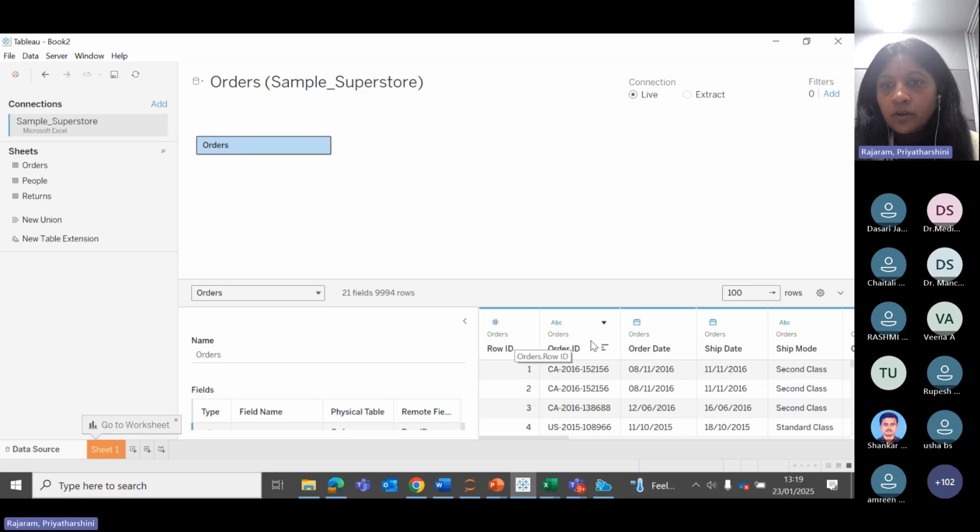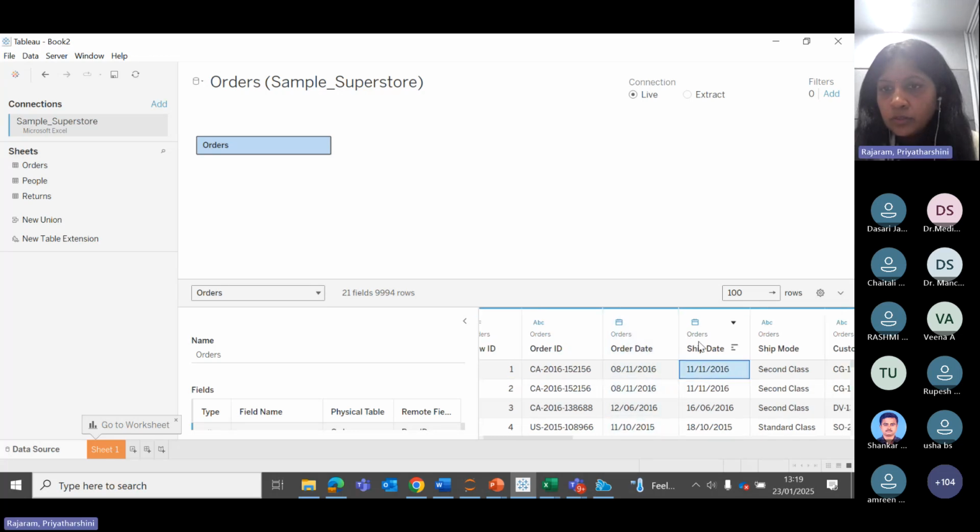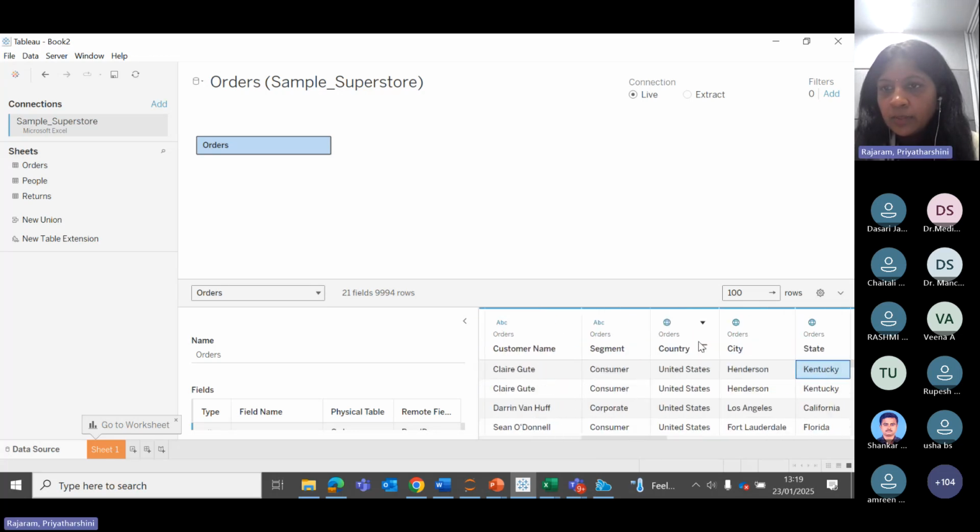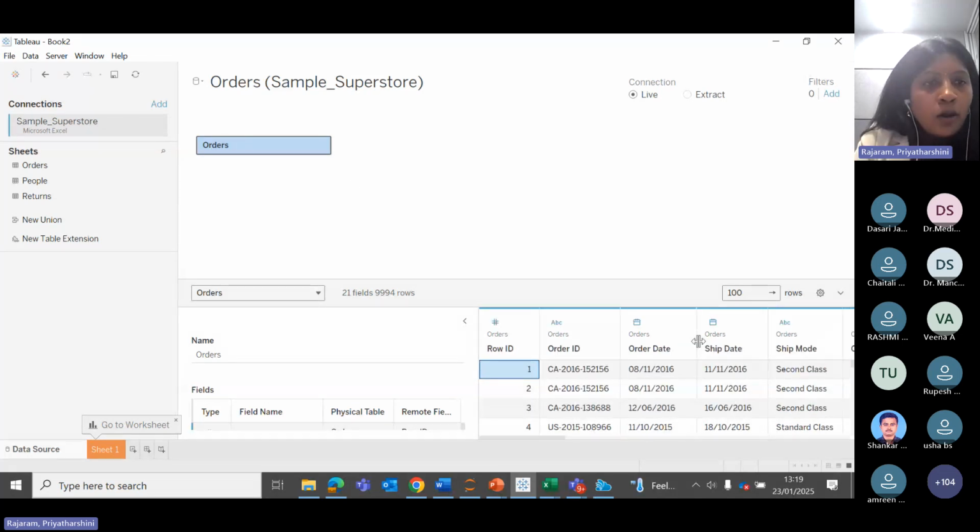You could see orders, order ID, ship date, shipment, then you can go see here customer detail, segment, all that, whatever we saw in the Excel, we got it into the workspace now. So now we have done the first step, we have imported the data. Next is analyzing the data. So if you could see down here,